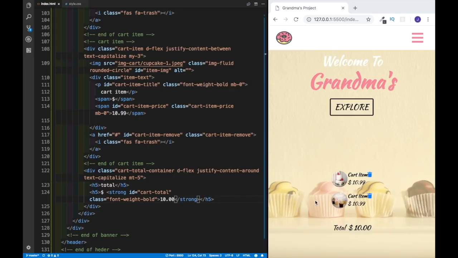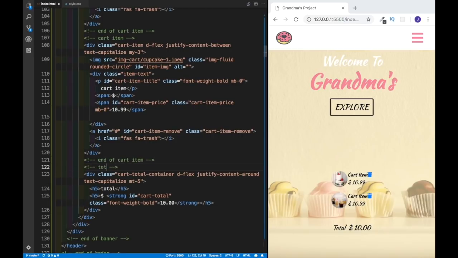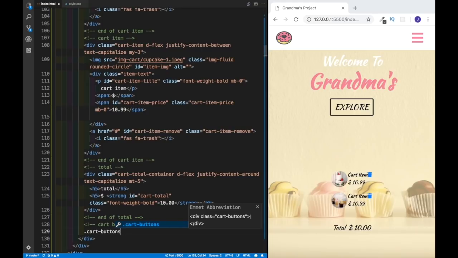And last but not least, again, we need to write the cart buttons. So again, outside this total, let's see where the total ends. End of total. Now let's create buttons. So this would be our cart, and these are going to be our buttons. Cart buttons over here. Now what we're going to write within the cart buttons is a div, cart buttons container,